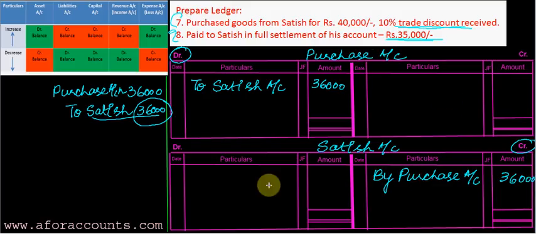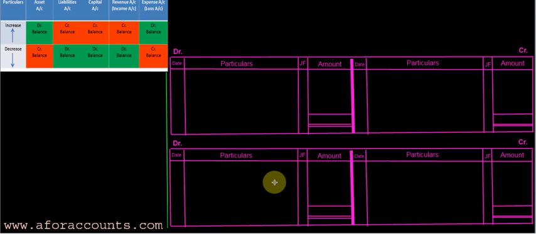So the entry will be Satish, since I am paying him, Satish account debit, I am paying him. Satish account was there by 36,000